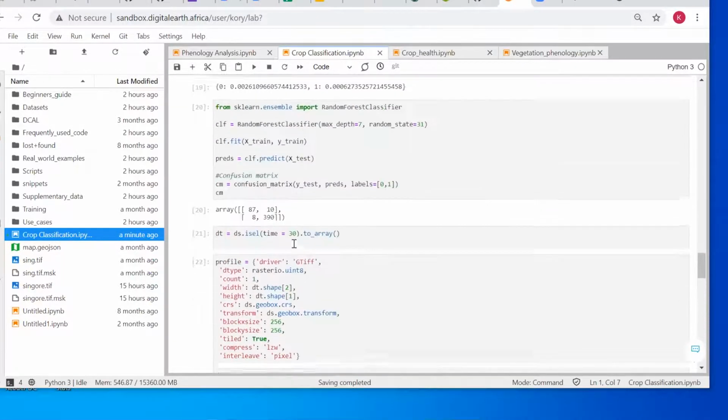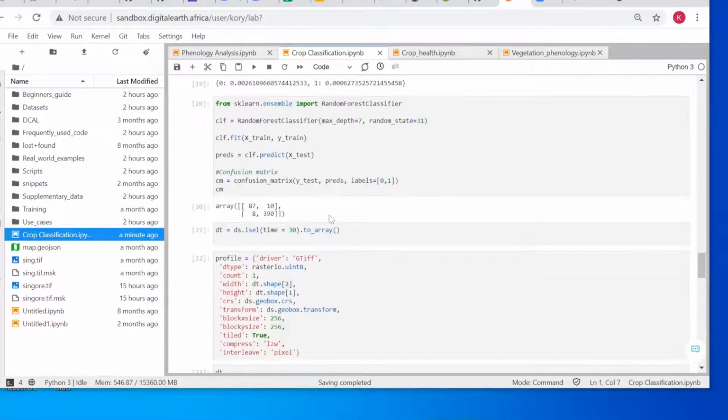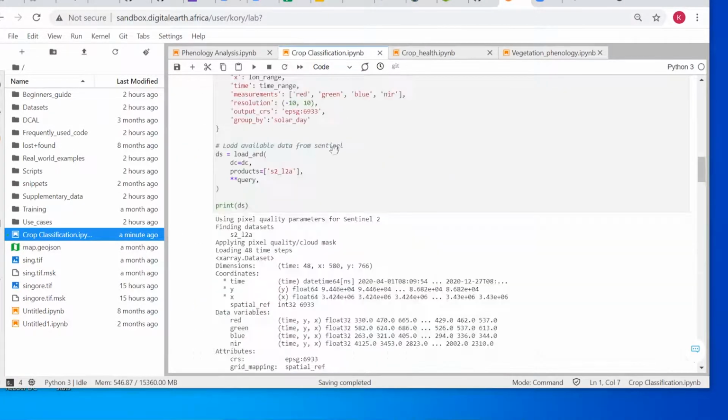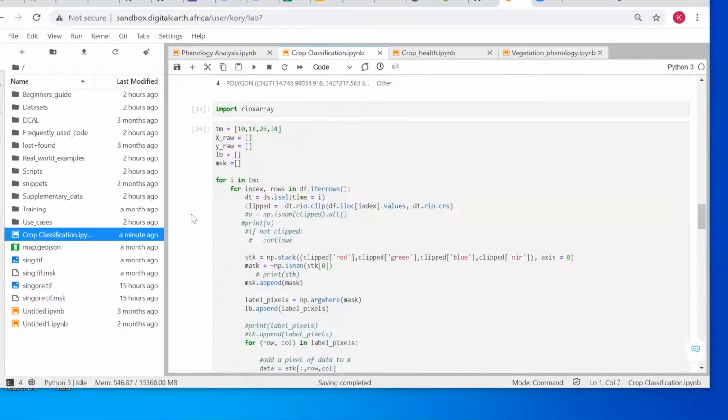Then after creating the model, you see this window that I created here. I've already created the model. Now we want to classify all the pixels here and see which are the other classes. So what I did here,